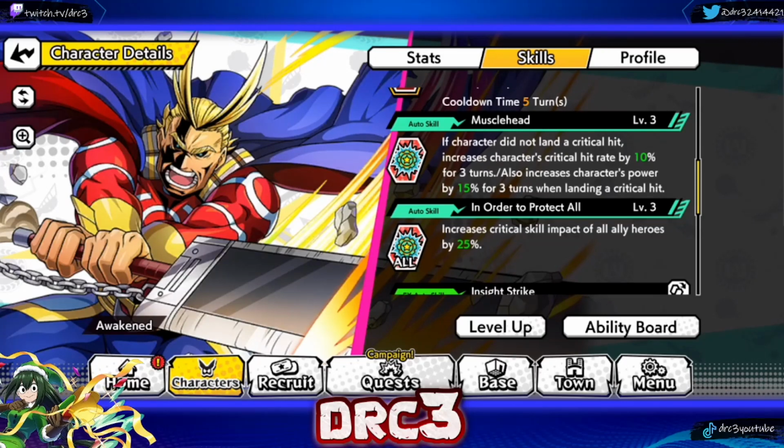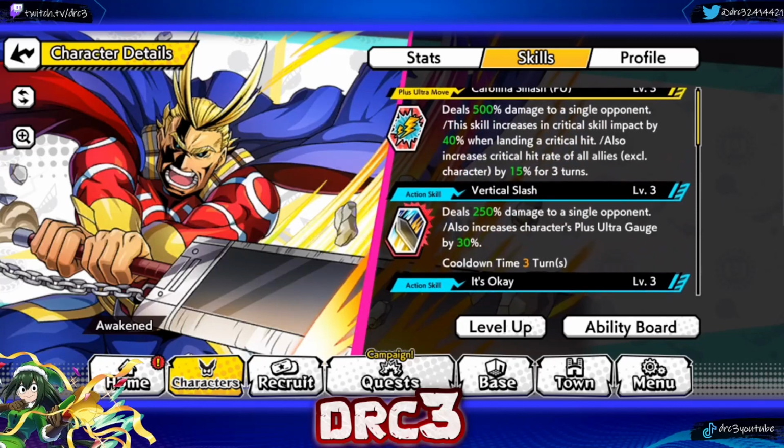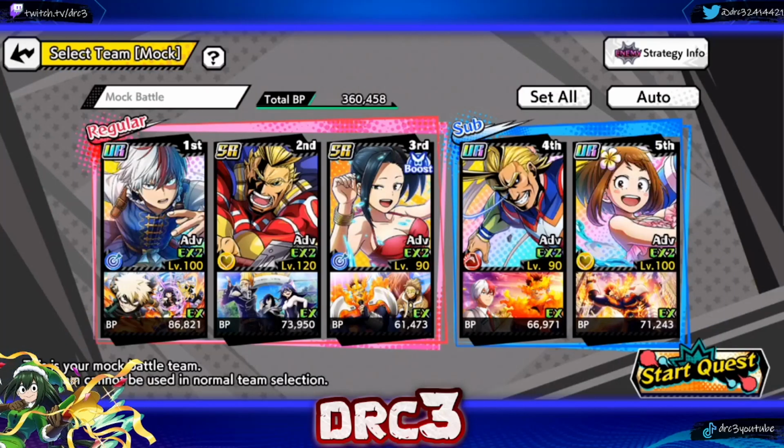And then his next auto skill, In Order to Protect All, increases critical skill impact of all ally heroes, including himself, by 25%. So now you're not only getting 70% critical skill impact up, you're getting this extra 25% for a 95% critical skill impact up on just All Might right here. That is actually ridiculous. So because we are doing so much critical skill impact up, that's what this character does,